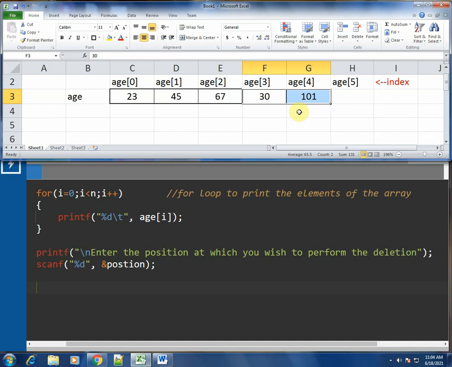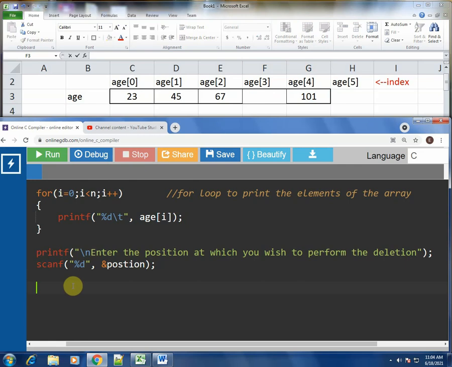So how do we overwrite? We need to use a for loop. Let's write the for loop. Let's use the same for loop variable i equal to... now remember that position means 1 2 3 4 5, index means 0 1 2 3 4. What you have asked from the user is position and not index, so you have to be careful of that.